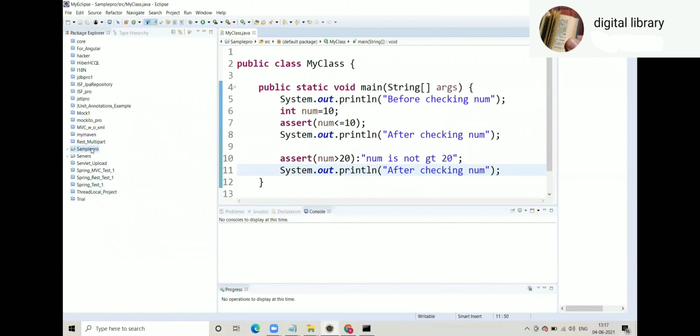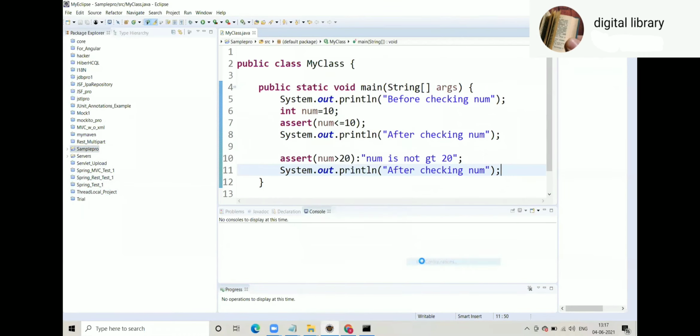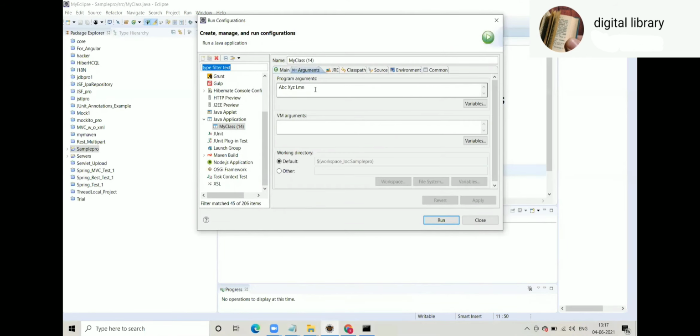We have to go inside run configuration. In arguments, yesterday, do you remember we passed ABC XYZ elements? We need to remove that, and apply and run.